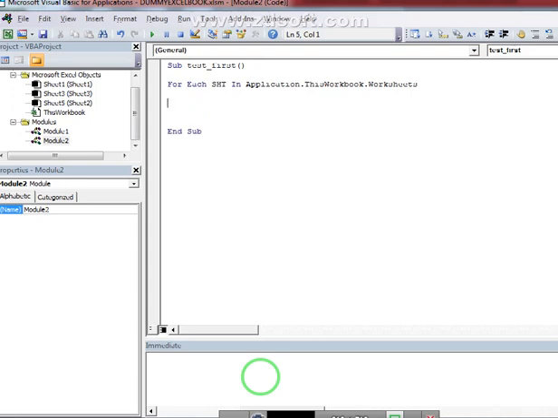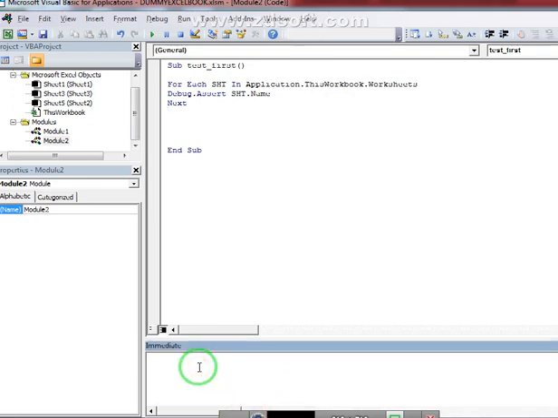Now I want to see how many sheets we have in the current workbook. For this I'll write Debug.Print sst.Name. When I execute this code, my output will be Sheet1, Sheet2, Sheet3 in the immediate window.